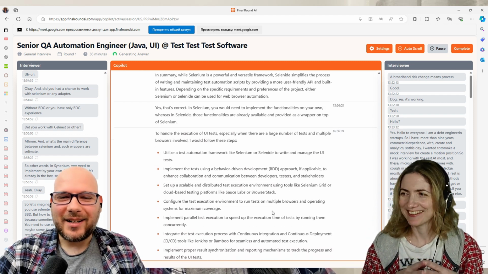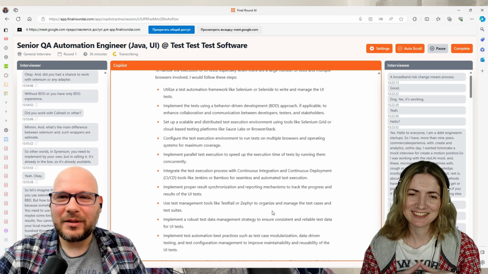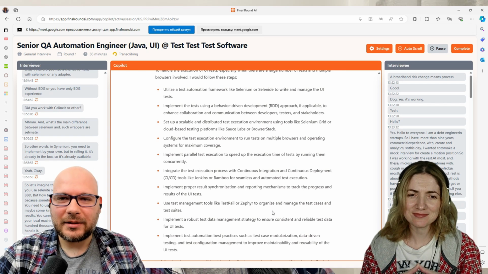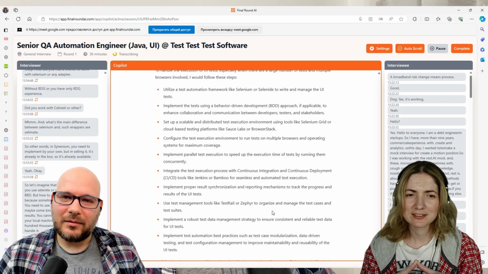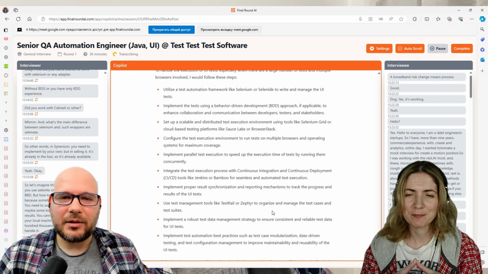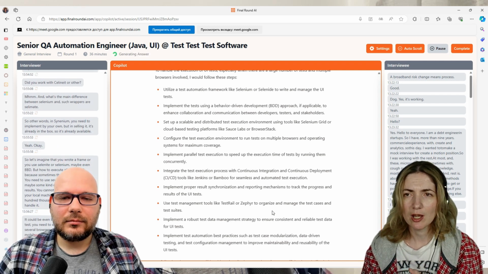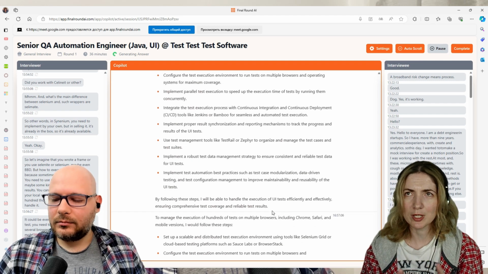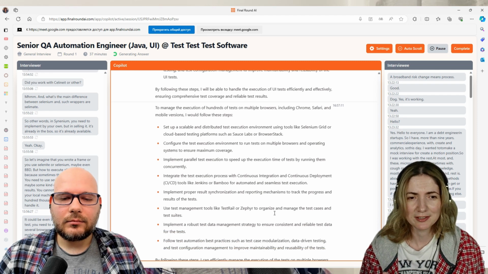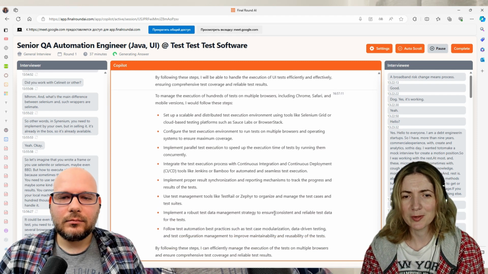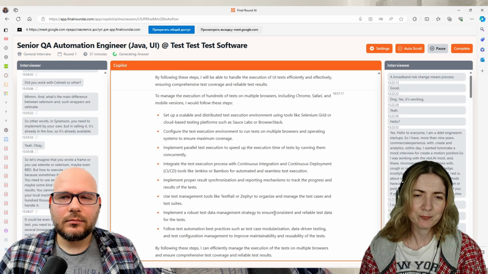So you have hundreds of tests. You need to execute every one on several browsers like Chrome, maybe some mobile versions, Safari, and so on. So probably you need to use execution not on your local machine for everything. So how will you manage that? Selenium has Selenium Grid to manage such a situation, or you can use just Selenium WebDriver and use something like Docker to run your tests in different environments.